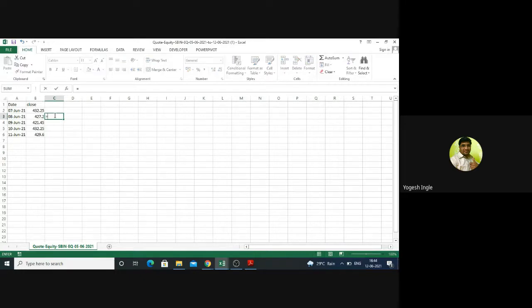Again, the same formula: equal to open bracket current price minus previous price, close bracket, divided by previous price. You can use multiple brackets, into 100.